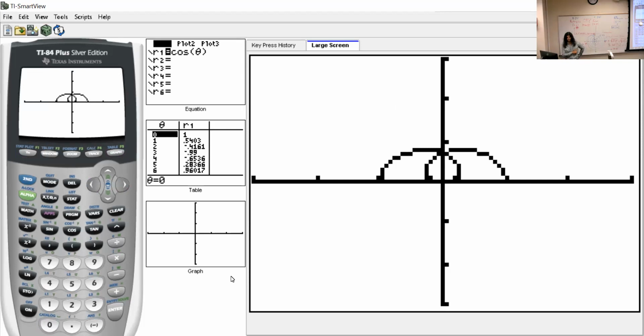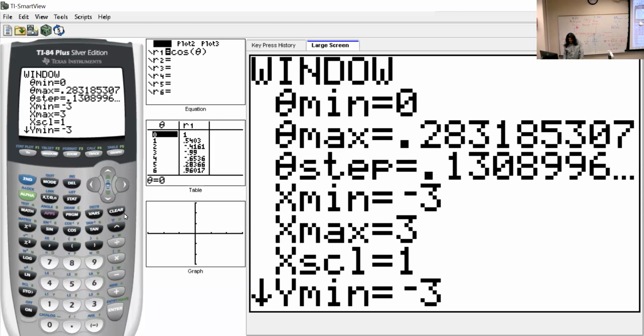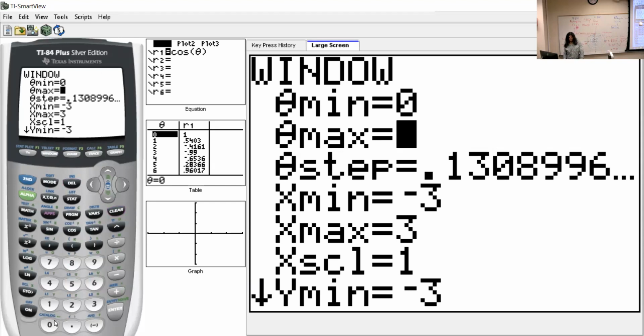you'll get that. But if you want to stop looping and say want to stop at a particular angle, you can adjust the window just like we would do with XY plane, the parametric mode. Here, theta minimum is 0 and theta maximum is 6.28. 6.28 is nothing but 2 pi. And if I change that to, say, pi,